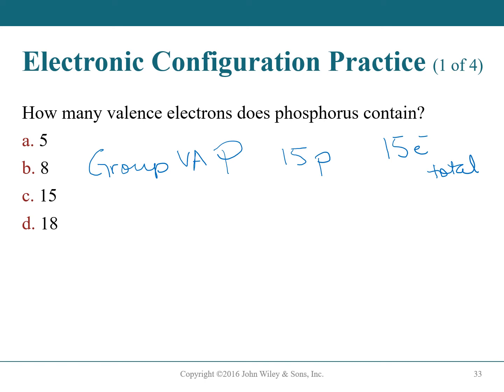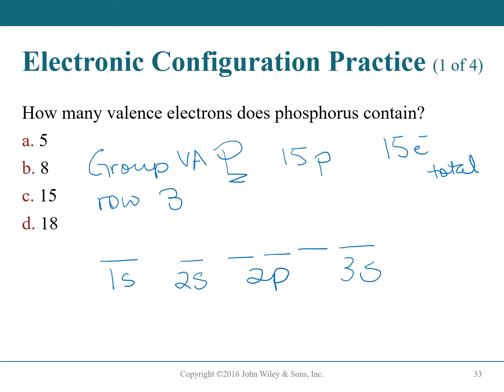So with 15 electrons total, it's in row 3. So we'll do 1s, 2s, 2p, 3s, 3p, and when we fill it up, 1, 2, 3, 4, 5, 6, 7, 8, 9, 10, 11, 12, 13,